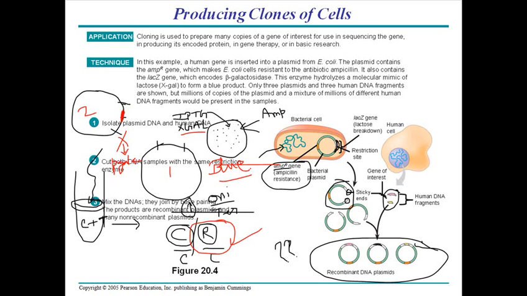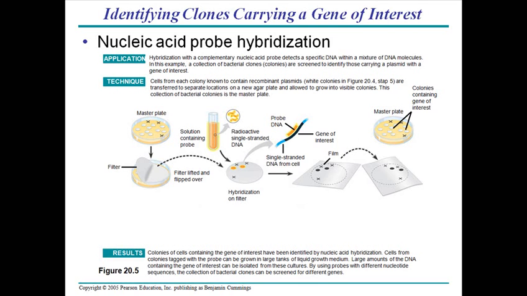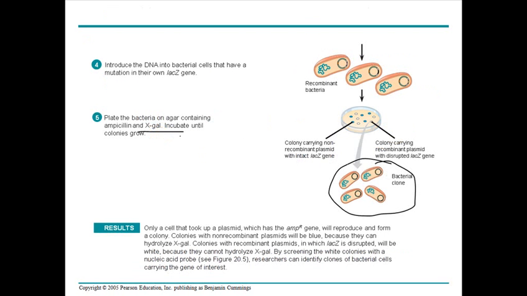In this diagram, what we are doing is actually making clones out of many different segments of DNA. We use two or three different types of restriction enzymes and different types of DNA segments, human DNA segments, to be cloned, and you clone all those DNA segments in this plate, which is called a master plate. And in this master plate, we do not use any kind of white-blue screening.